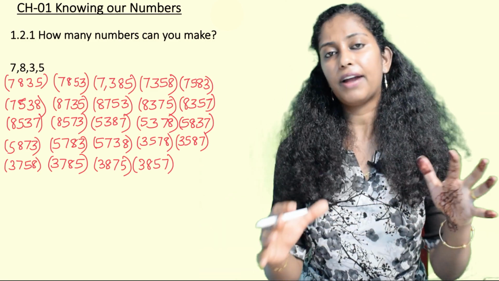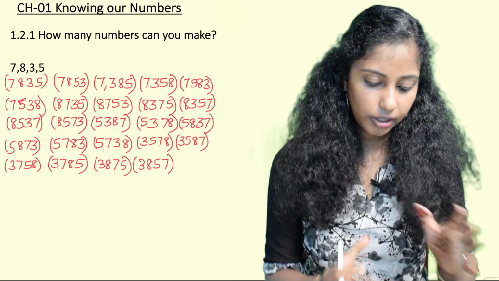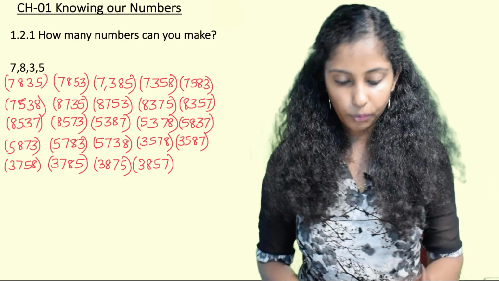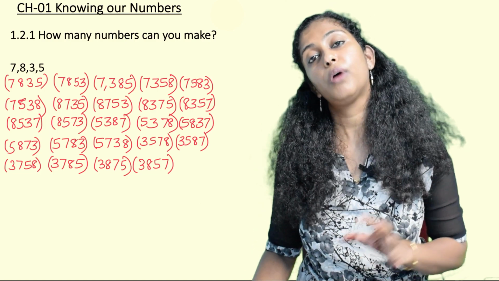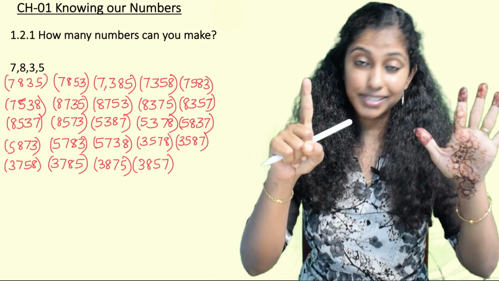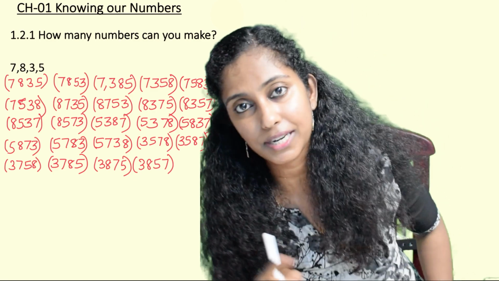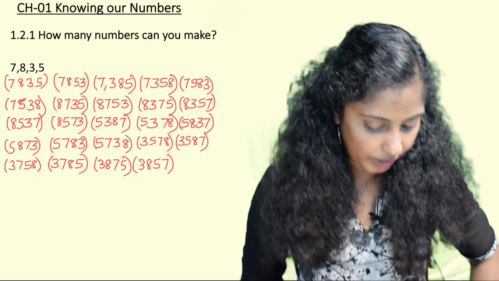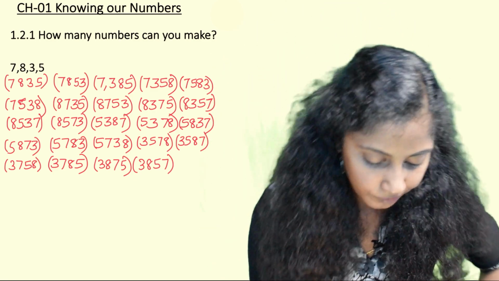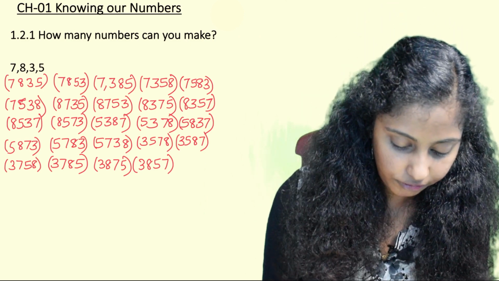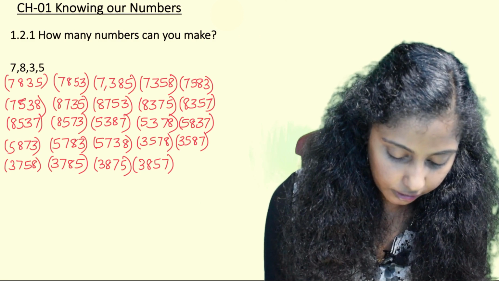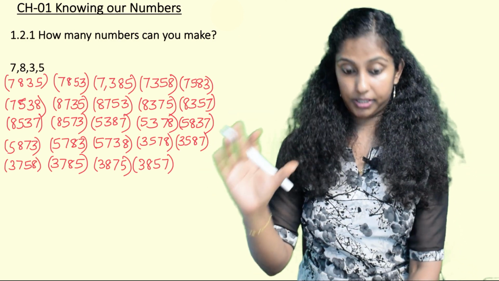Now out of all this, if I have to search for the biggest number, here the biggest digit is 8. So whenever you write 8 in the thousands place, you have written altogether 6 numbers. Now out of these 6 numbers, let us see which is the biggest one. Using 8 as the first digit, I have written altogether 6 numbers.